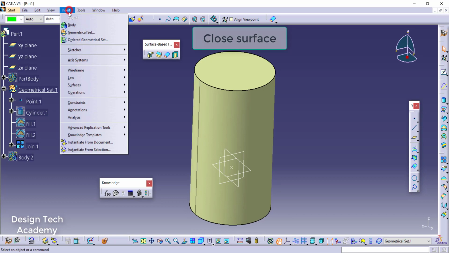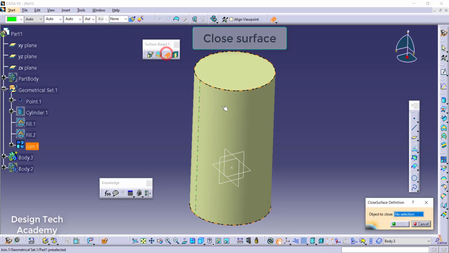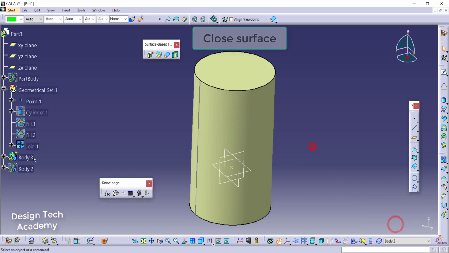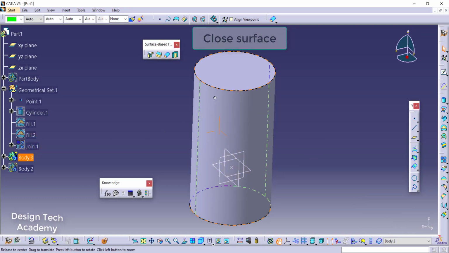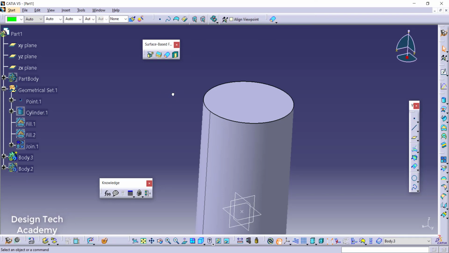And I'm creating a separate body for this operation again. Now you can create your solid. So if you don't have the planes open area in surfaces, then you have to make it a closed surface. Then you will work on a closed surface.